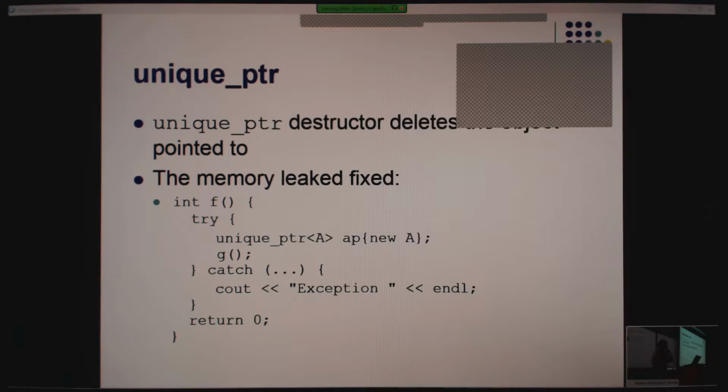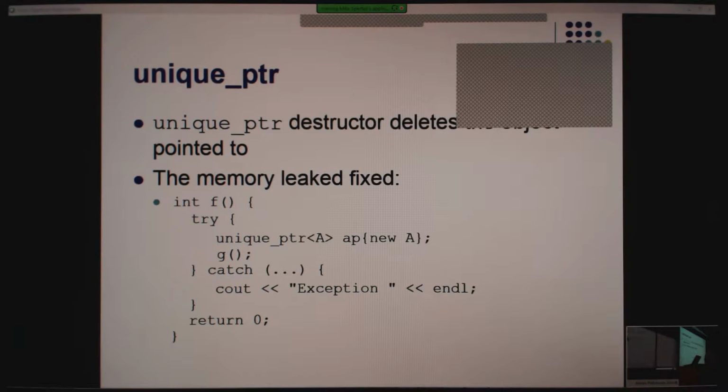All right. So C++11 has a smart pointer template called unique pointer, whose destructor deletes the object that it points to. Okay, and here's a simple way to fix the memory leak.